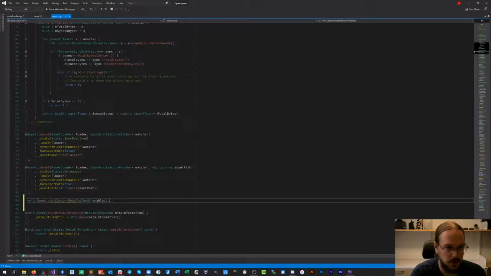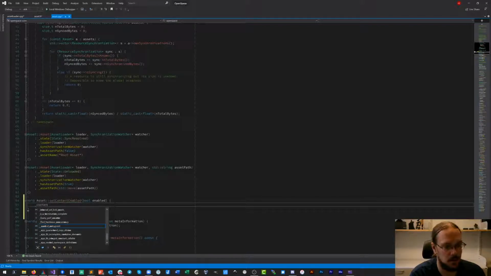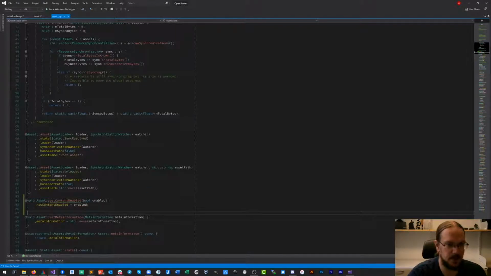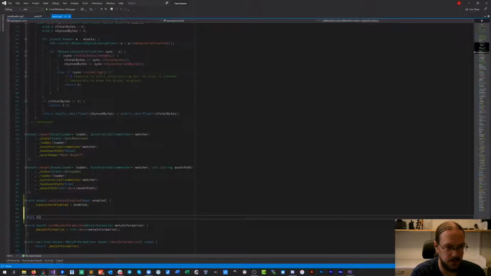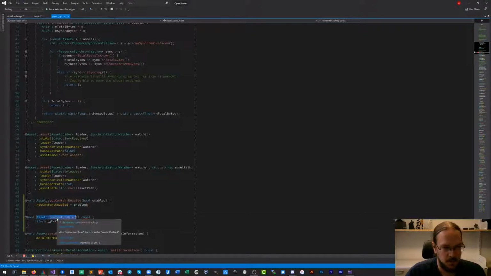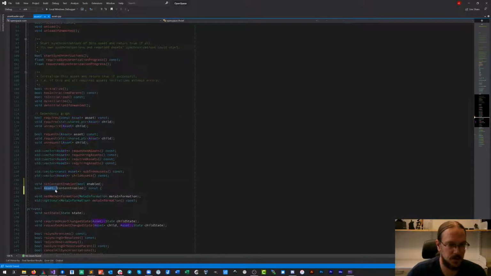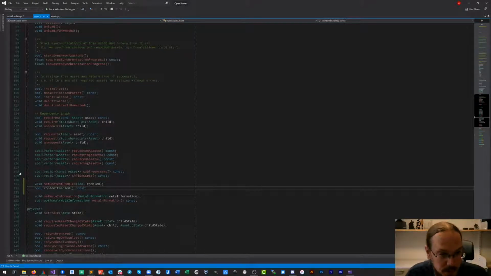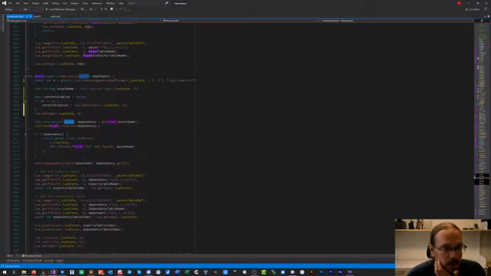So now our asset has a new member variable and a way for us to set it. And of course, we also need to be able to request that. Let's give this function. Here we go. All right, so now we have a way to set whether we want to have the content enabled or not.